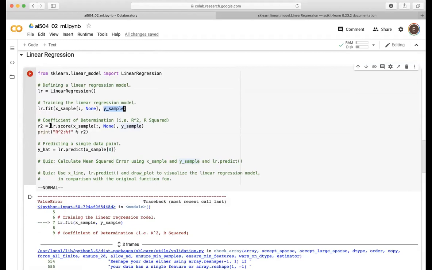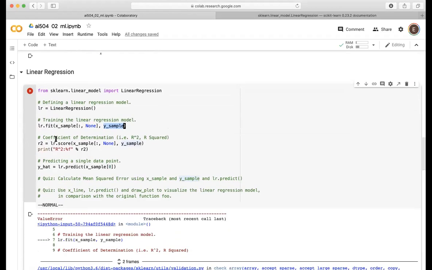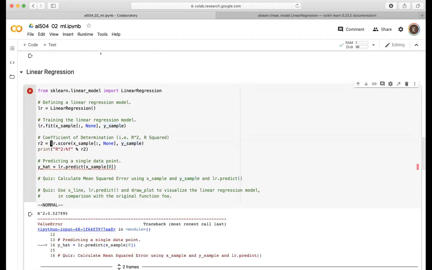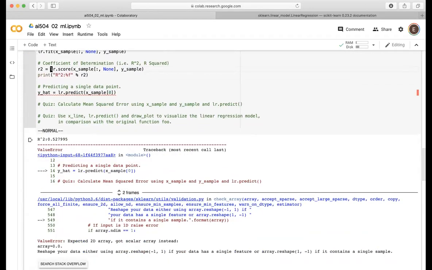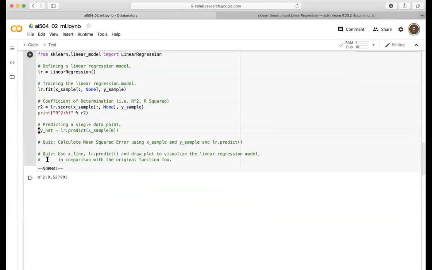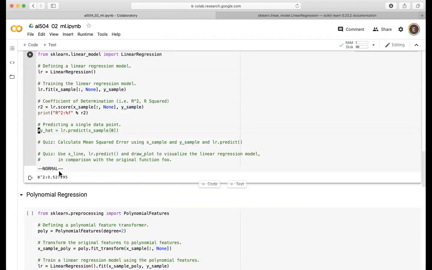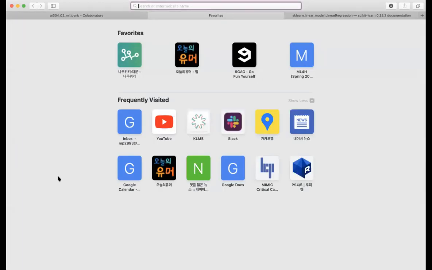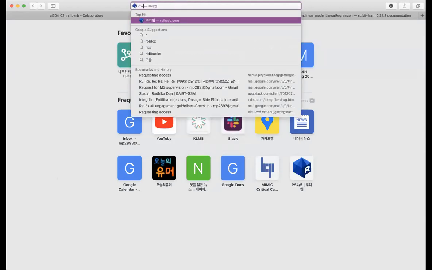All right, so as I said, R squared is just relatively how well you're doing compared to just predicting the mean value all the time. So let's try it out. Well, what am I doing wrong here? All right, let's just comment this out and see. So your R squared is 0.52, and if you go to R squared,